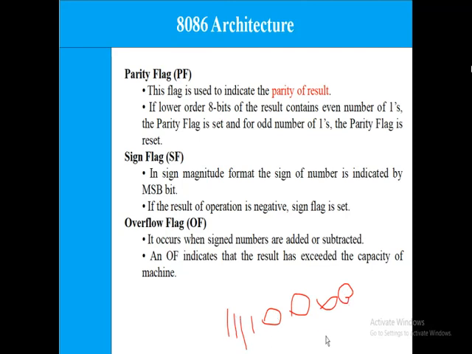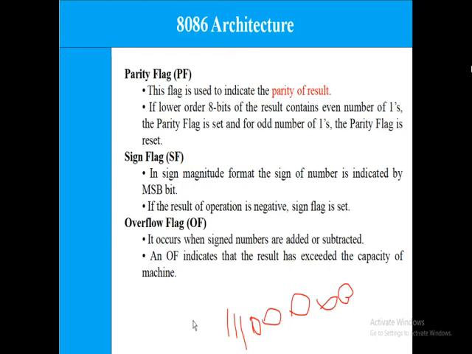Here the number of ones is 4. 4 is an even number, so the parity flag will be set. If it is 3 ones, that means the number of ones in the result is odd, then the parity flag will be reset. That is, its content will be 0.